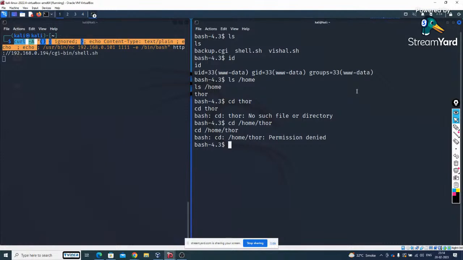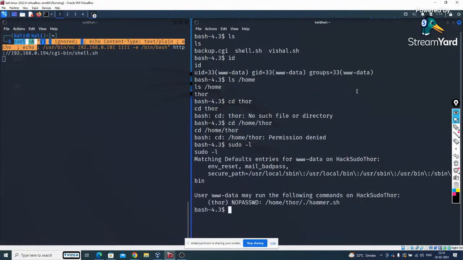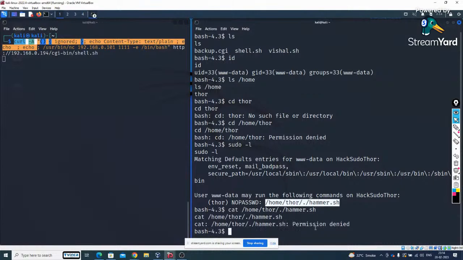So what I'm doing here manually, like checking SUID privilege escalation and all, right? Like that. But I would like to use manual privilege escalation. So I'm finding the sudo abuse. Yeah, we got that. There is a sudo abuse. So you can trigger that file. Which file? Hammer, but we don't have the permission. You can trigger that file through